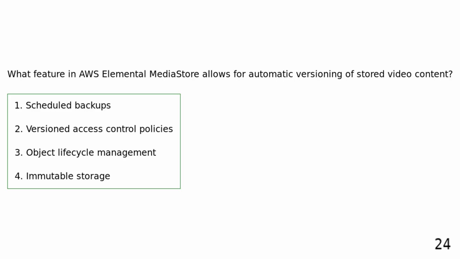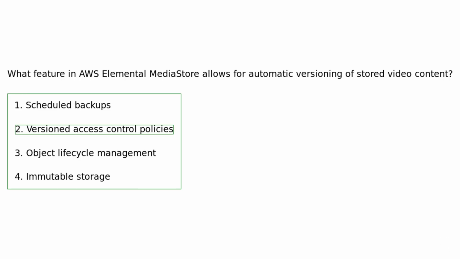What feature in AWS Elemental MediaStore allows for automatic versioning of stored video content? Scheduled backups. Versioned access control policies. Object lifecycle management. Immutable storage. The feature in AWS Elemental MediaStore that allows for automatic versioning of stored video content is immutable storage, safeguarding against